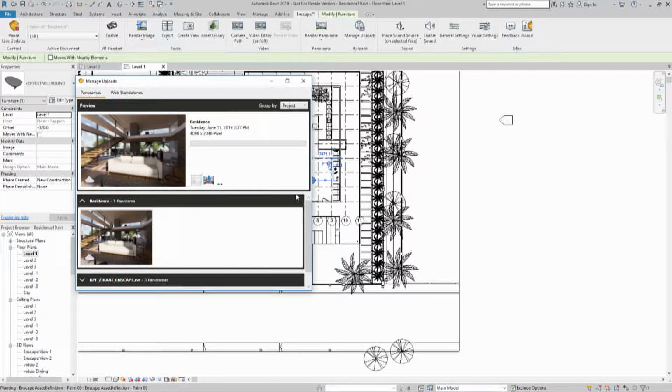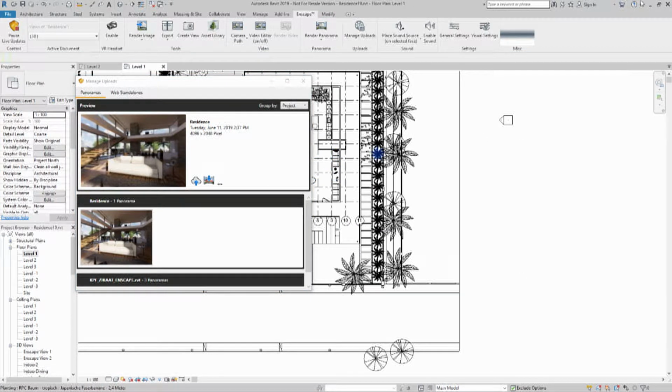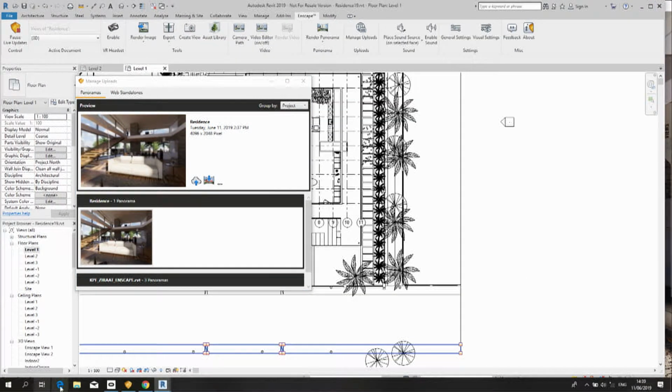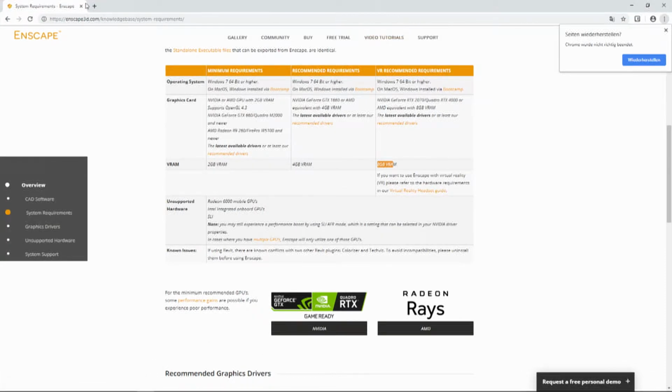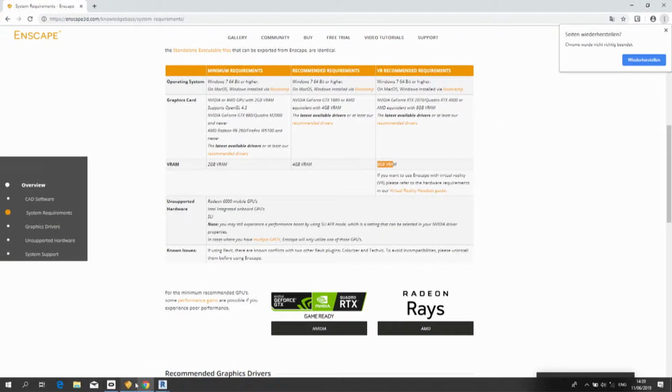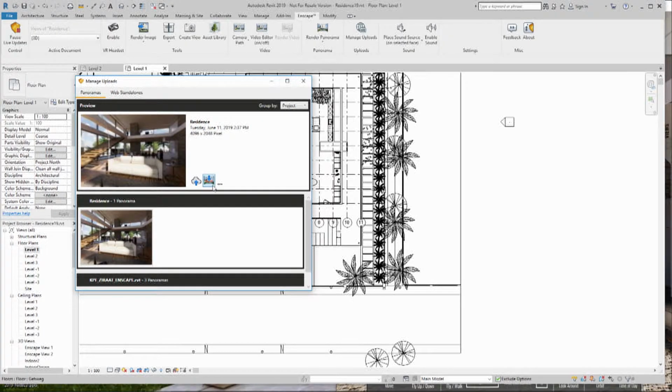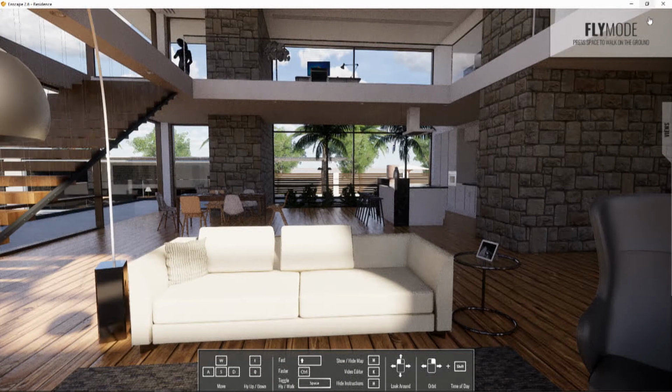now this is the panorama. You click a button, it uploads to the cloud, and afterwards you click on it. Oh, I'm not connected. Well, I'll show you on my PC later on how that works. But if you're connected, you can easily upload things to the cloud. You can walk through in the browser. I can show you in a minute. And yeah, that's basically it.